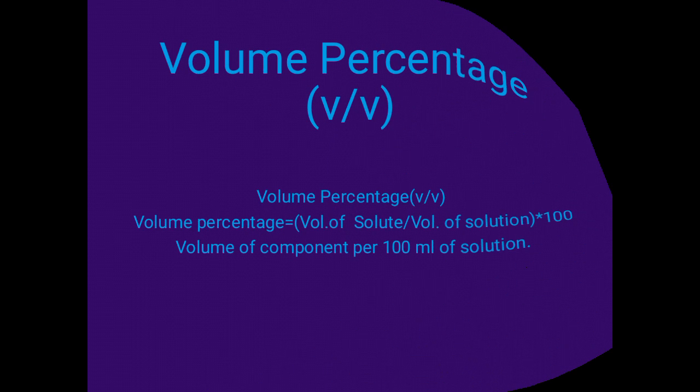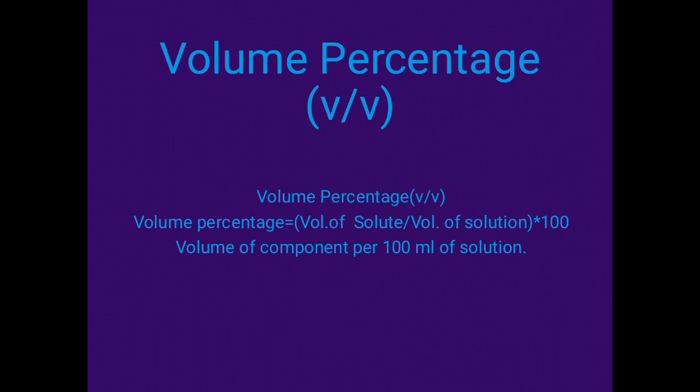So with the help of mass percentage we can calculate the molarity also, because with the help of mass percentage we can calculate the mass. With the help of mass we can calculate the number of moles and the volume also, depending upon the question, and then we can calculate the molarity. So in some questions they can ask you the molarity and molality also by giving the mass percentage. Now the next is volume percentage.